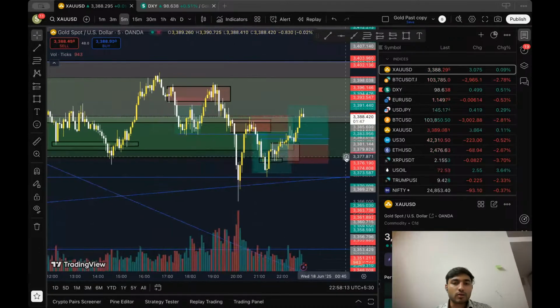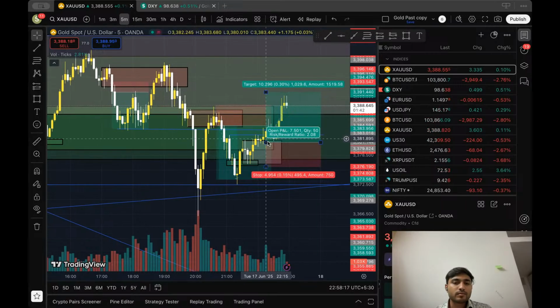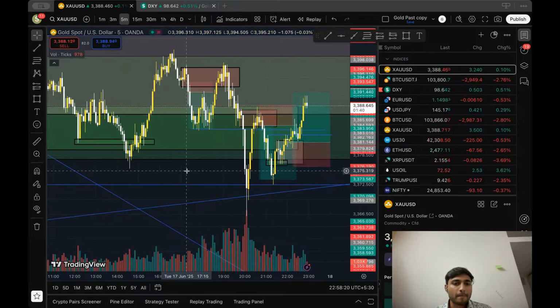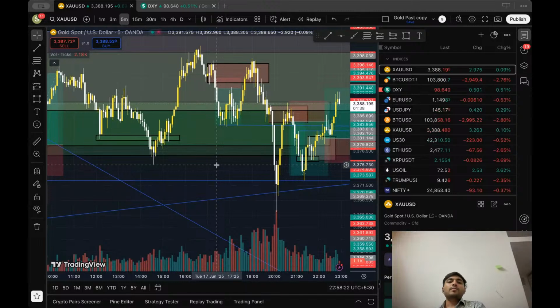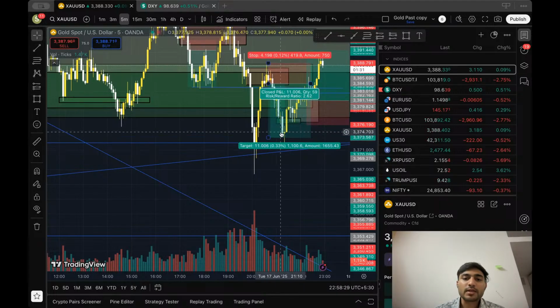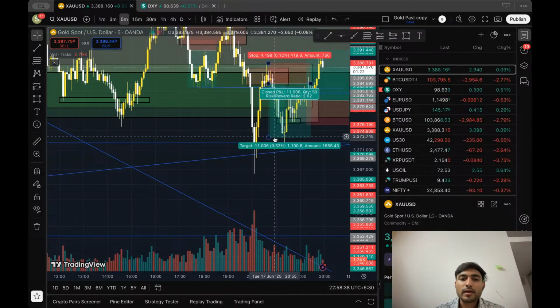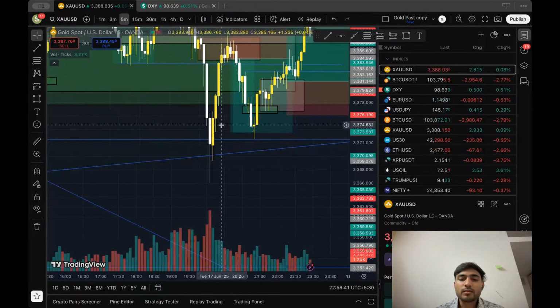So on 5 minutes, what I was saying, yes, on 5 minutes we're just seeing this is a 50% level. It tested that level again, the 50% level. Maybe some of the buyers who didn't buy, and this is a good trade actually. But my take profit for my selling was below this level.